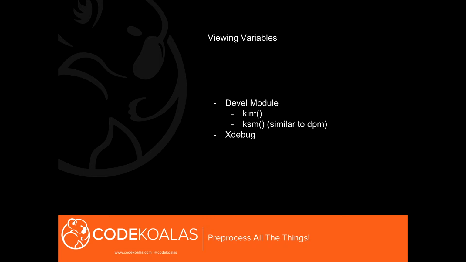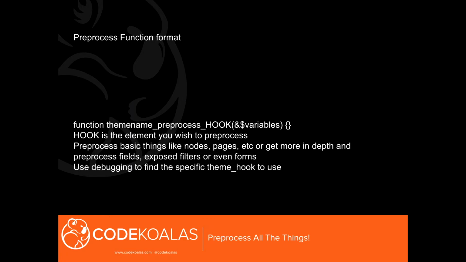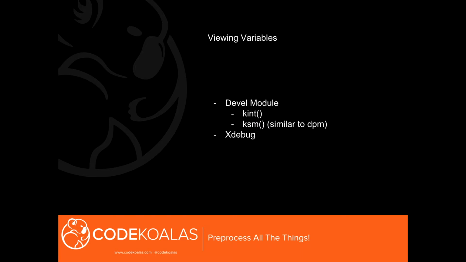You pass that through one of these and it outputs all of the information on the page. I think kint actually has a tab where you can select which methods you can call off of these elements. So it really gives you everything that you could need, similar to DPM. KSM, it's ugly. They're both ugly, kint and KSM, but they do the work